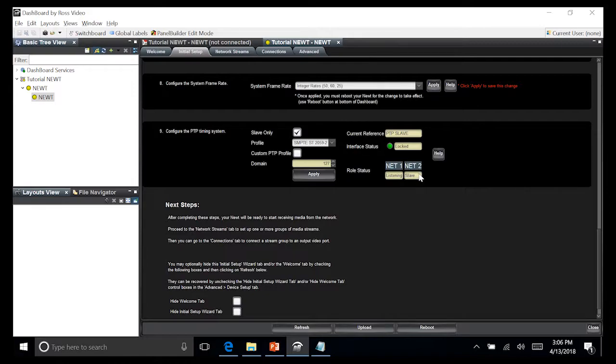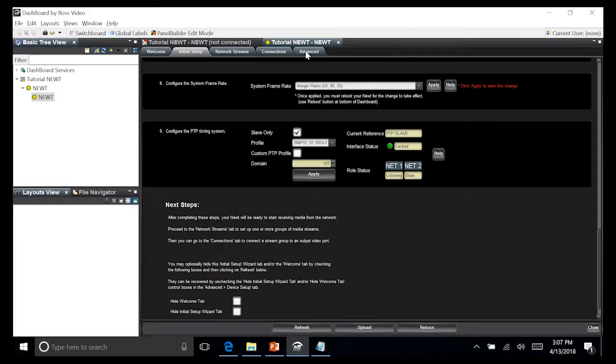It is important to stress that if PTP is not locked, you should not proceed with any additional steps. PTP is central to other functionality, and if it is not stable, the behavior of your NUT can be unpredictable. It can take a couple of minutes for PTP to lock after a reboot, so be patient if it isn't locking right away. If it still doesn't lock though, after waiting an appropriate amount of time, you should confirm your PTP settings with the network administrator. The Advanced Settings Timing tab will provide some additional PTP status that can be useful for debug.